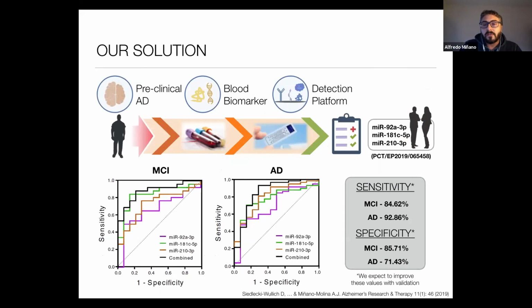So the solution passes through finding new biomarkers able to diagnose the early progression to AD by minimally invasive methods, with a blood test using a simple and cost-effective platform that gives us a routine early diagnostic tool. So we propose a new challenging blood-based biomarker with high sensitivity and specificity. Our solution, protected by our patent, is an early diagnostic tool for MCI and AD, based on the combined detection of 3 microRNAs related to synaptic dysfunction that